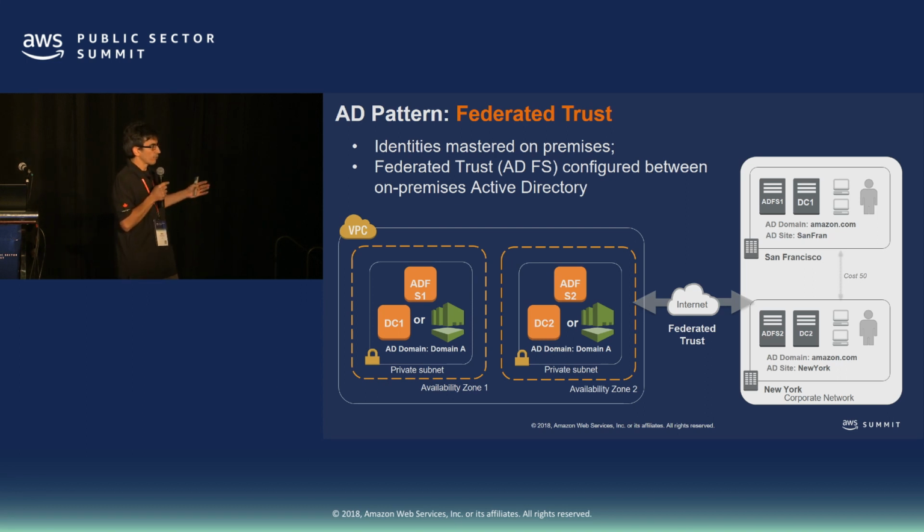And then again, you have to have VPN configured or Direct Connect, so your ADFS can talk to your domain controller on-prem. So not only federation services can be utilized, you can utilize any other provider that uses SAML, like Ping Identity, Office 365. So all those applications can easily talk to ADFS or any other application sitting on AWS.